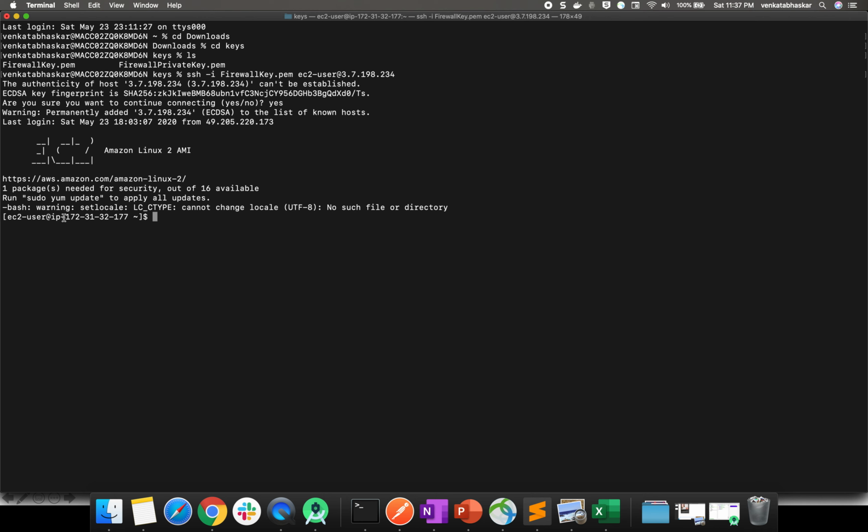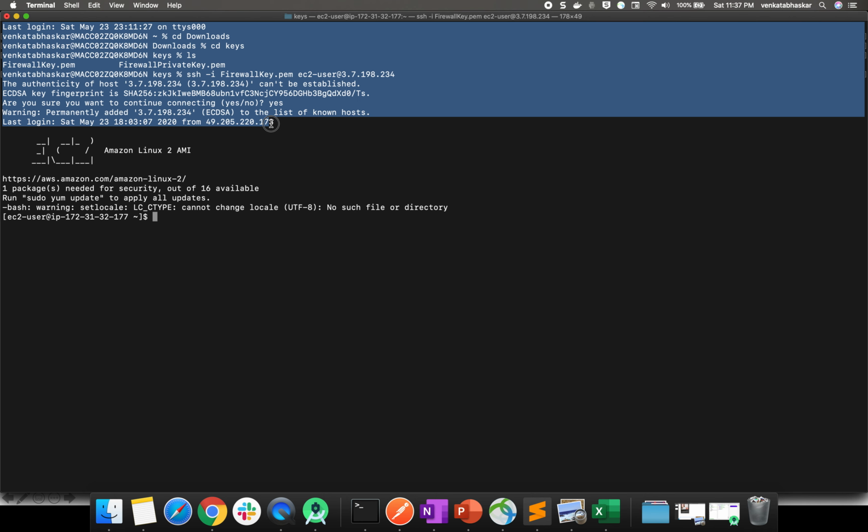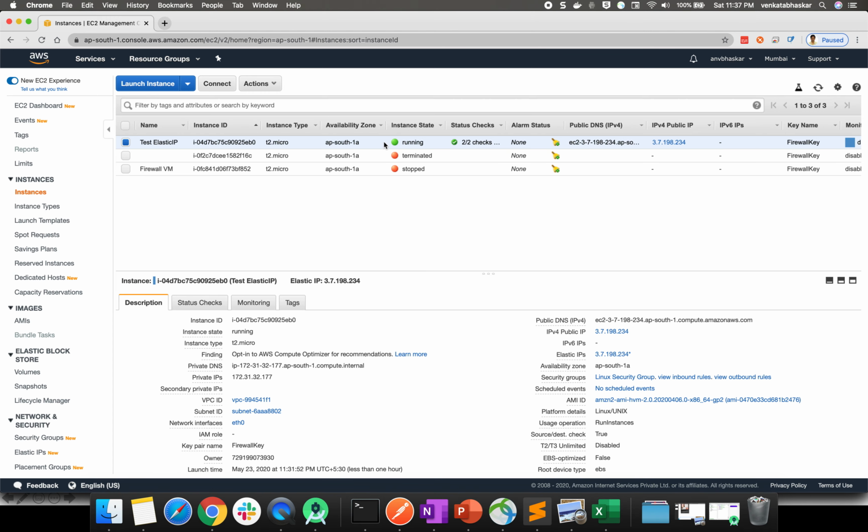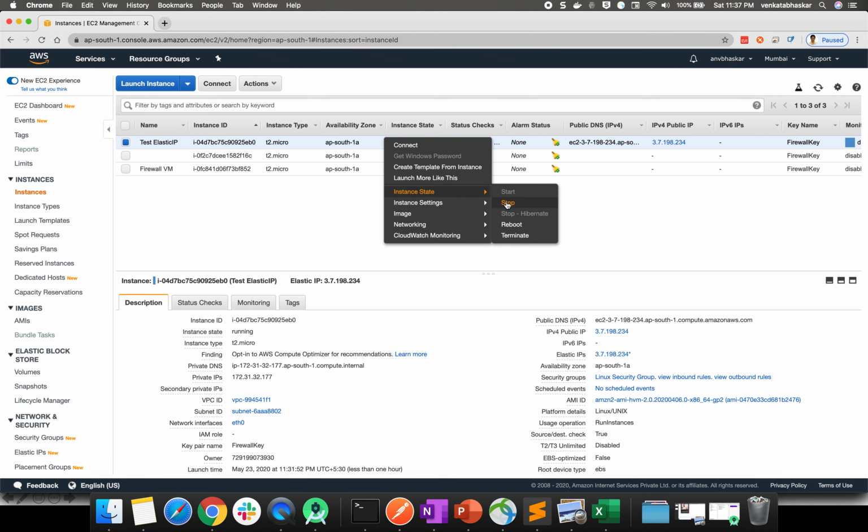See, my private IP is not changed. My static IP is allocated for your virtual machine. If you stop or restart, if you do these two options every time, your elastic IP will be the same. Quickly I will stop and start. Instance state, stop.